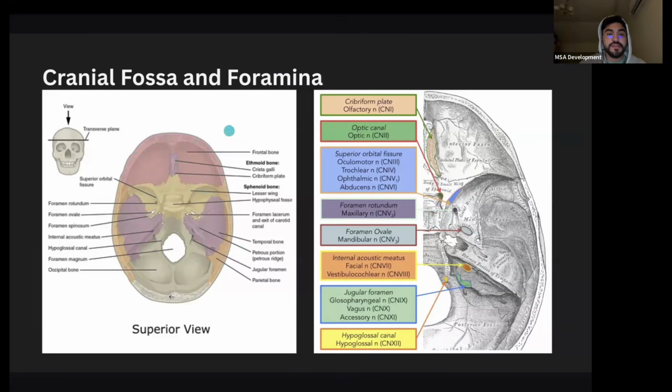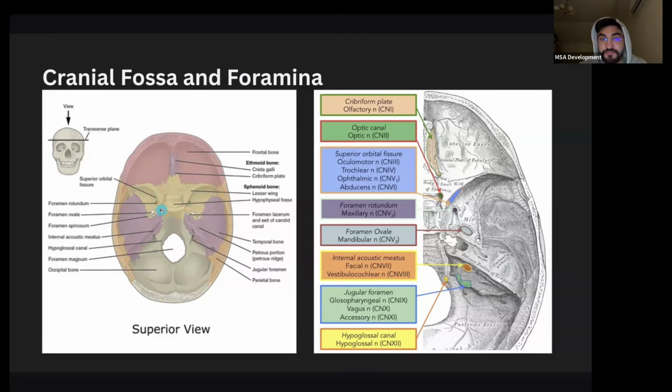This is anterior, this is posterior, and this is the frontal bone right here. This is the ethmoid bone. Ethmoid bone, you have the crista galli, you have the cribriform plate, and then you have your sphenoid bone. Sphenoid bone that looks like it has wings. You have the lesser wing, you have the greater wing, and then we have here our